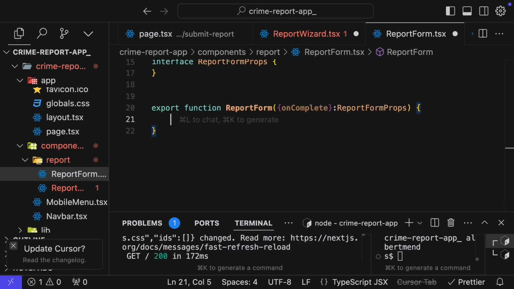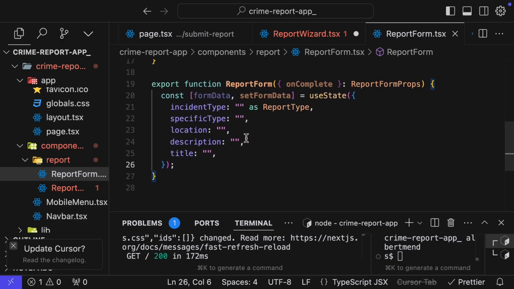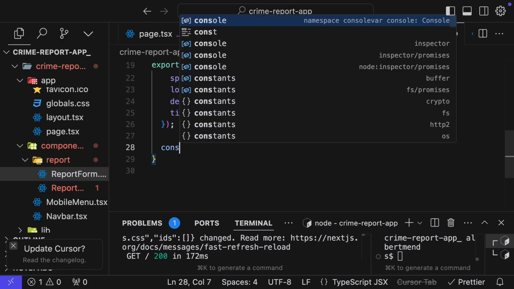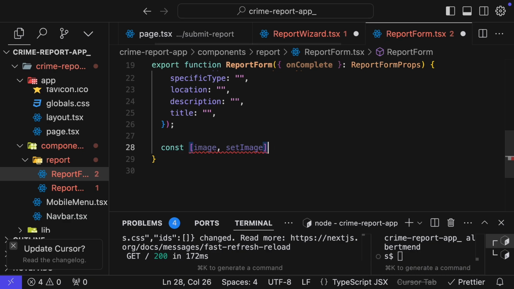So next, we are going to have this state to hold the form data. So we're going to have this state. We have the incident type, we have the specific type, location, description, and title as part of the form, right? And we are going to have a state to hold the image. Remember, we are submitting a report, so we have to add an image, right? So we create a constant image, set image, and we have a use state. So we add use state,